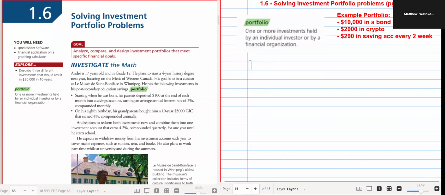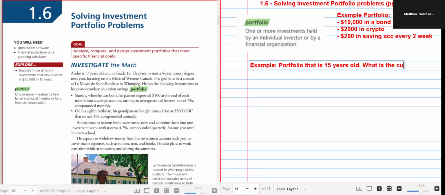So what I'm going to do is I'm going to give you an example here. We have a portfolio that is 15 years old. What is the current value? And I'm just going to have two. So we have number one, quarterly deposits of $350 into an account earning 4.25%